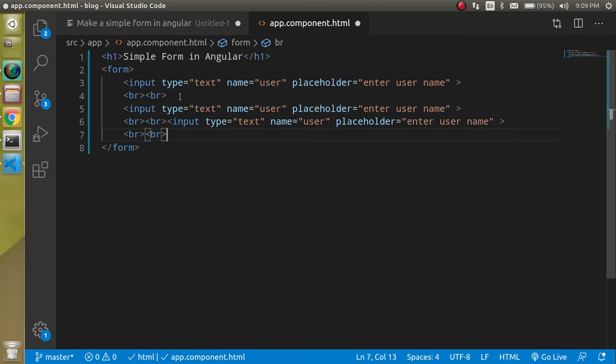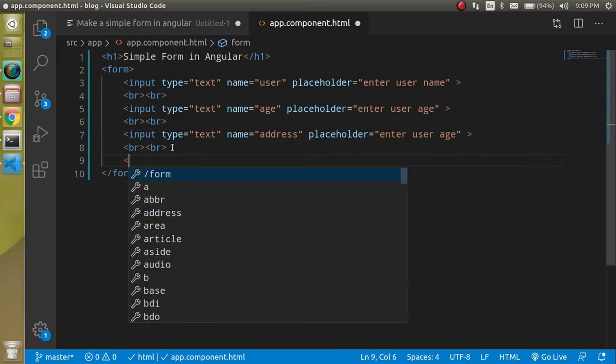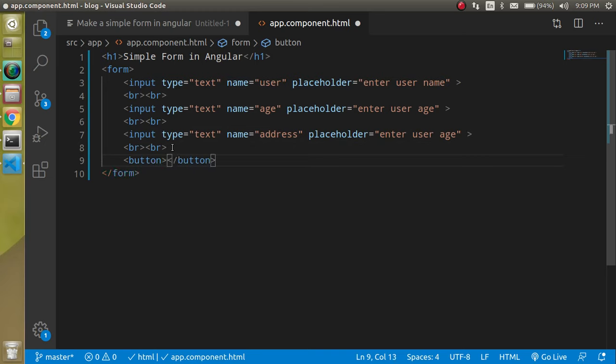Second one, third one, that's great. Now we can write here enter age. Let's put the name age, and here we can put the address. And let's define a button here also, and we can write here get user values, or something.